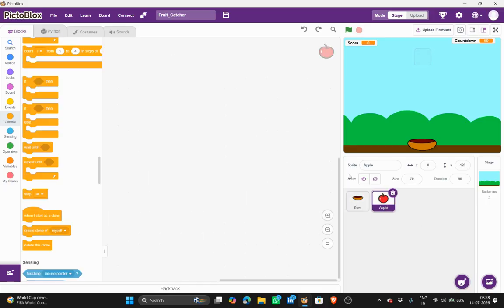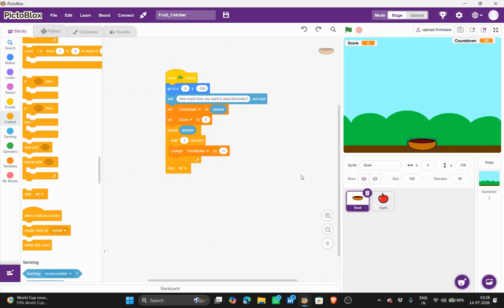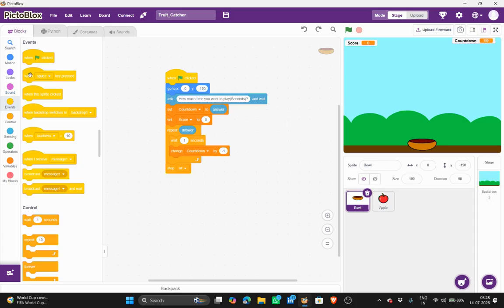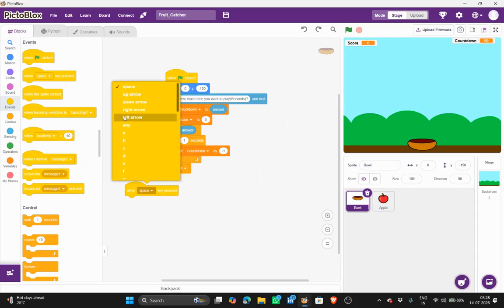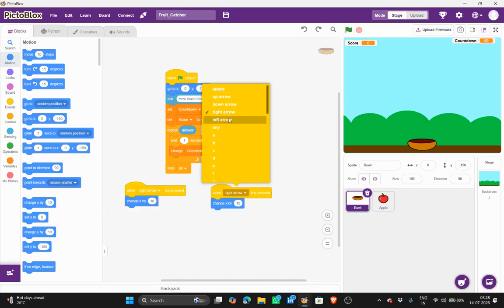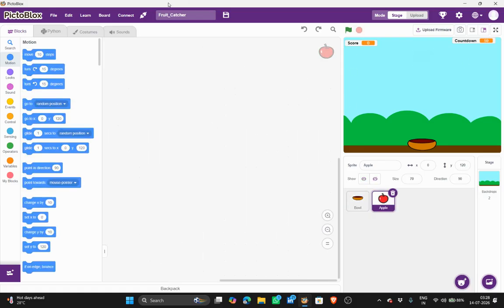Then the apple, the fruit. Oh, for the bowl, we also have to program its movements, right? So when the right arrow key is pressed, we'll change x by 10. Then when the left arrow key is pressed, we make it -10. Then for the apple,